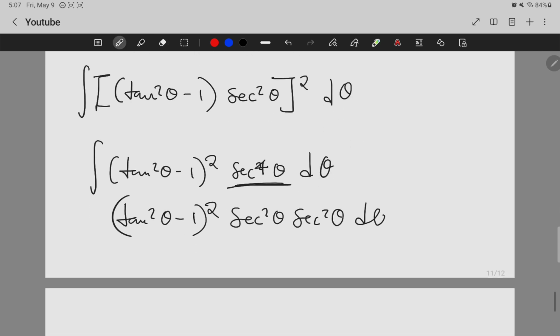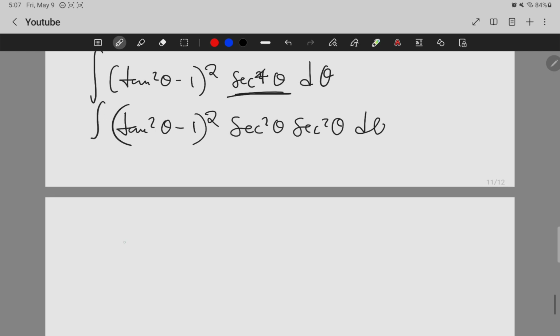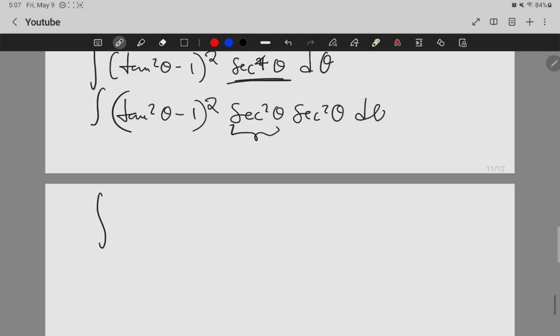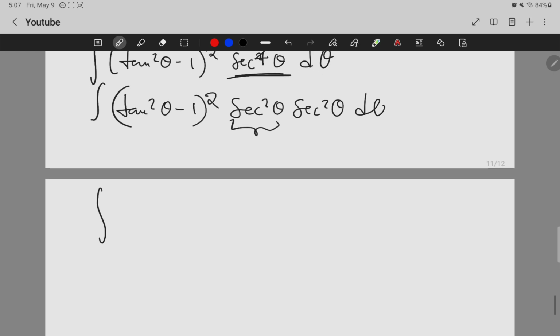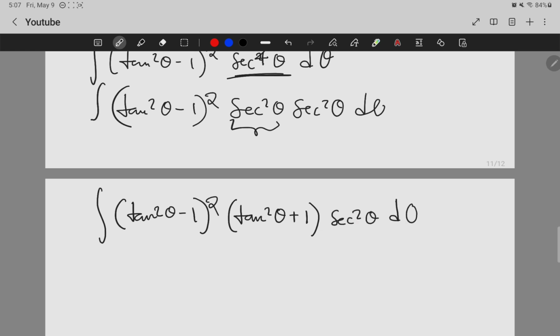D theta. Okay. So from here, now we'll use that identity again for sec, how it relates to tan, implying that this would be tan squared theta minus 1, and then this will be tan squared theta minus 1 again. Now this is plus, sec squared relates to 1 plus tan squared. And then we'll leave this here because this is the one we want to cancel when we substitute